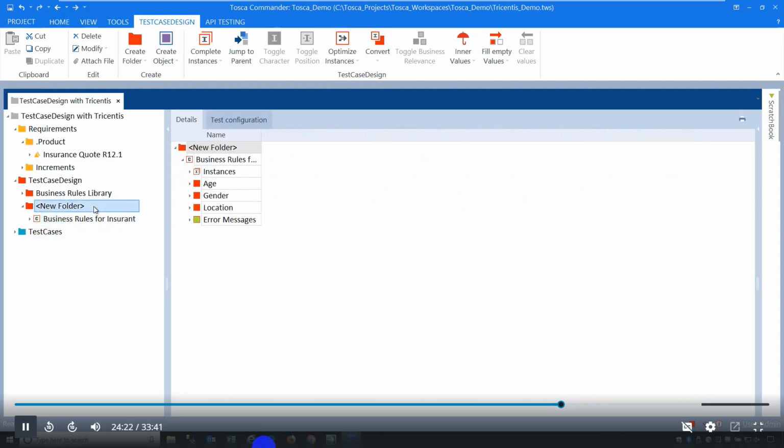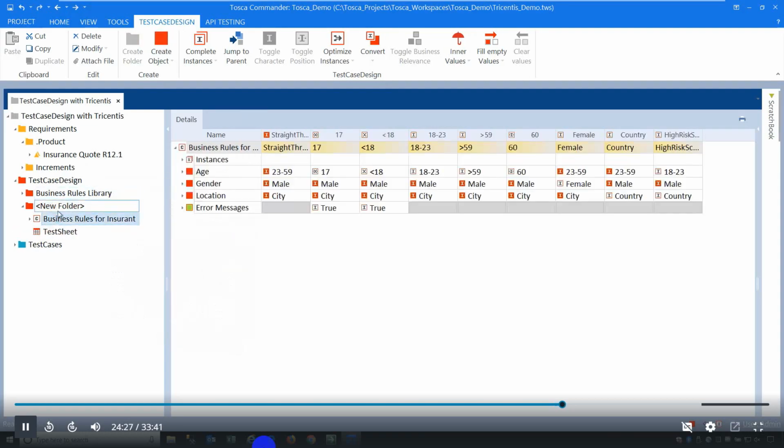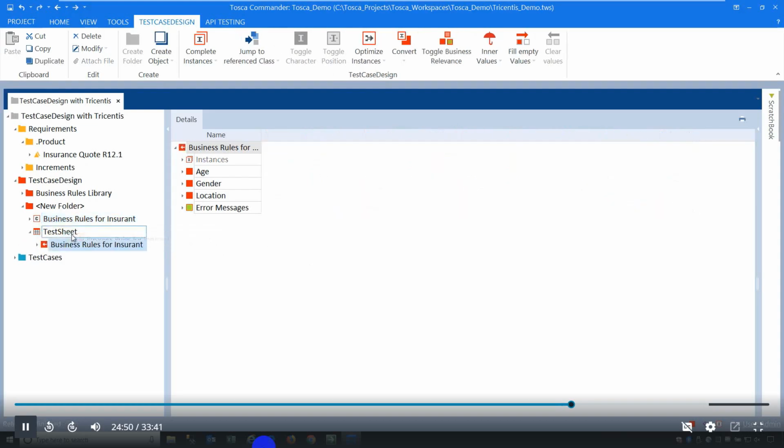So now all the tester's doing is they come along and they say, for example, I'm going to create a new test sheet. Now this is a class, basically. It's like a little library of business rules that we can create, and they're maintained in one place, and they can be reused over and over in different test sheets. So if you're testing this via a UI or via a number of different web-based UI applications, so you could access it via a web, via a desktop, via an API, you can use this to drive all your automation, and it's all centrally managed. So I can drag and drop that, and what you'll see here is, it's just a reference to that class